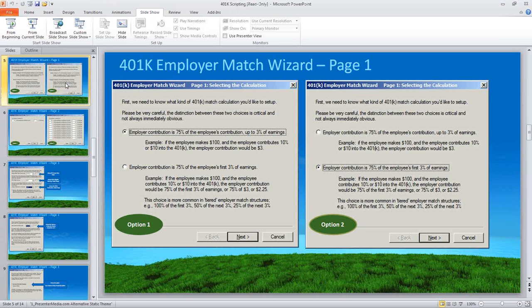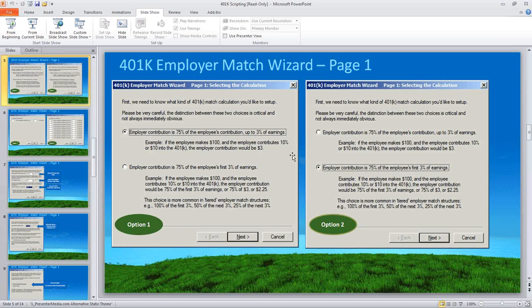There are 2 options for the 401k wizard. One is just a straight percentage match, as I mentioned before, where it's a percent of the employee's contribution up to a percentage of earnings. So 50% of my contribution. In the example on the screen, it's 75% of the employee's contribution up to 3% of earnings.